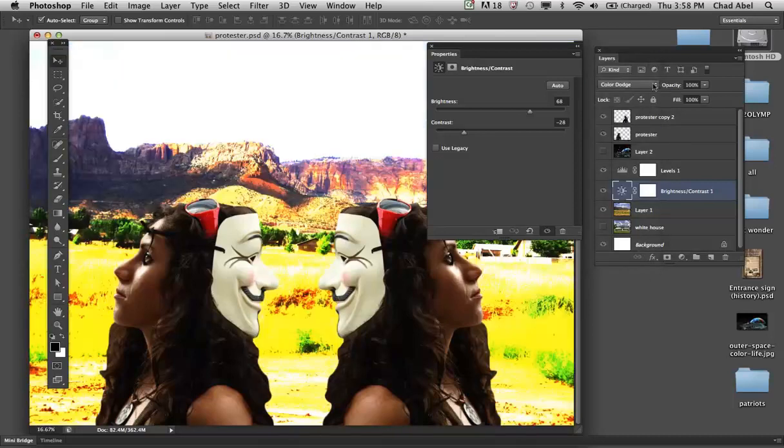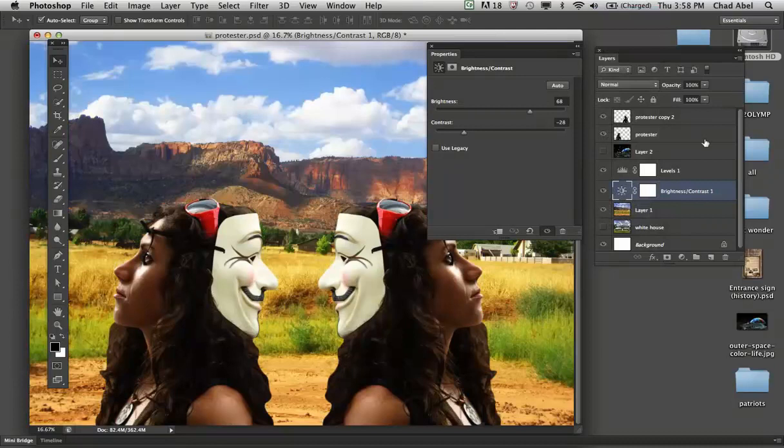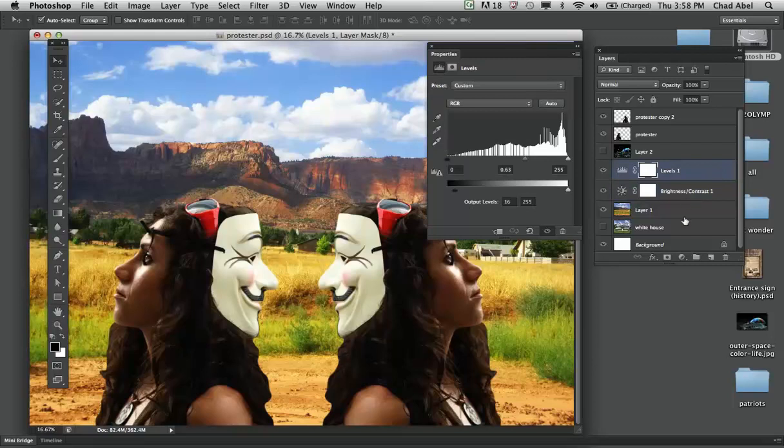Okay, I'm going to go back to my normal mode there. So those are a couple different ways you can adjust those layers. Let's look at a couple more adjustment layers. And click here,